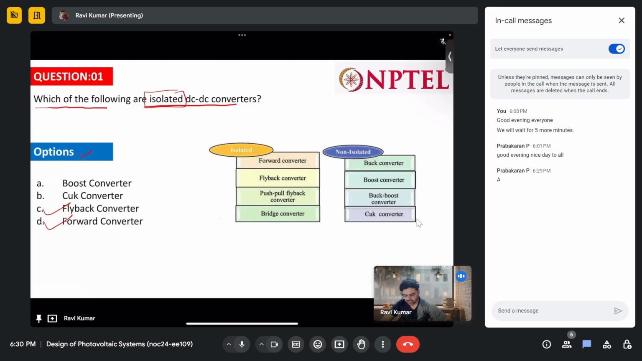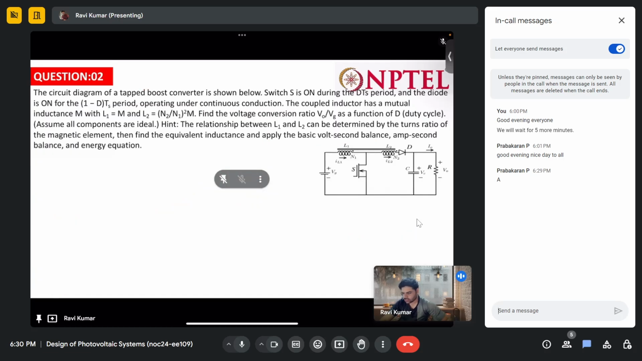Even you can see here, these are a few examples of isolated and non-isolated. Isolated, non-isolated means 2 parts of the circuit are not connected directly with a wire, or they don't have any common negative terminal or common ground. So we have this flyback here, we have this forward converter. So both these are the answer here. So the correct answer is C and D. Let's move to the next question,